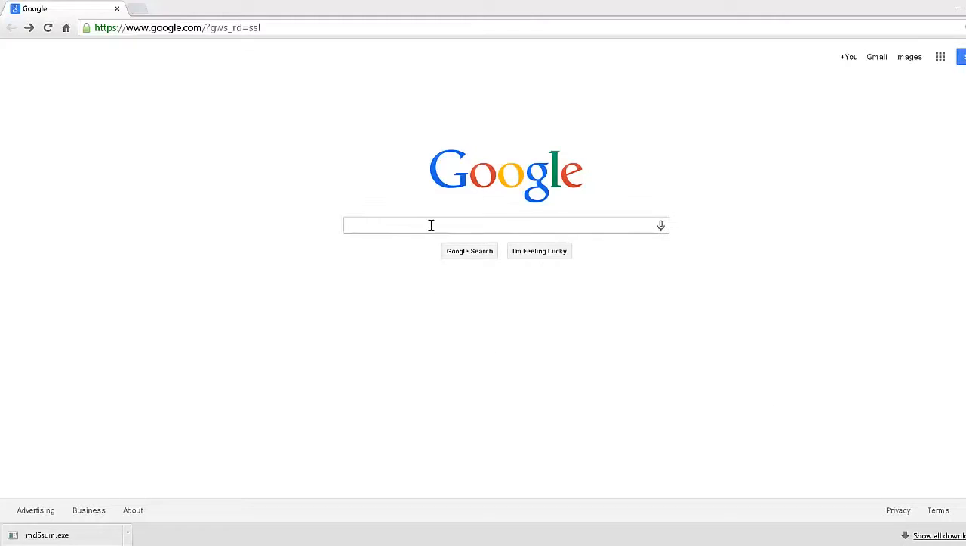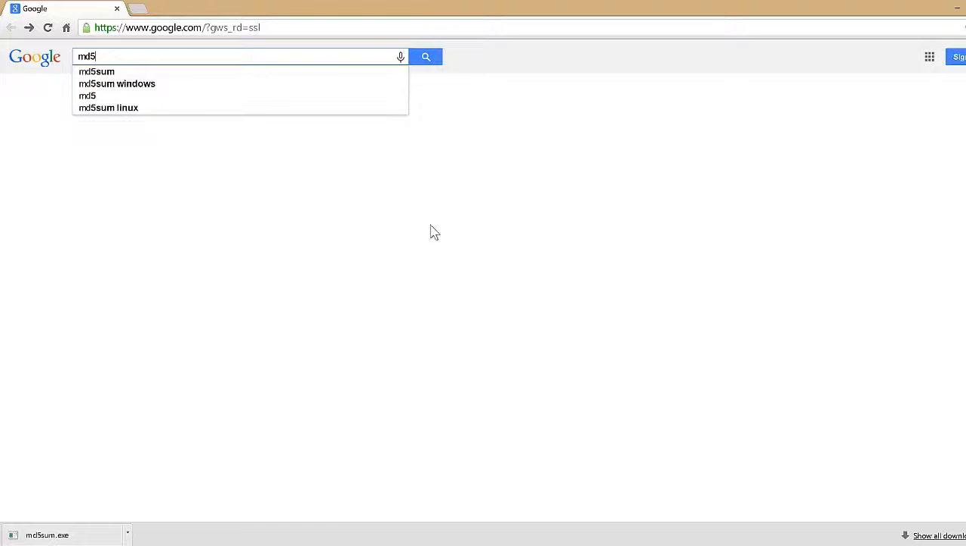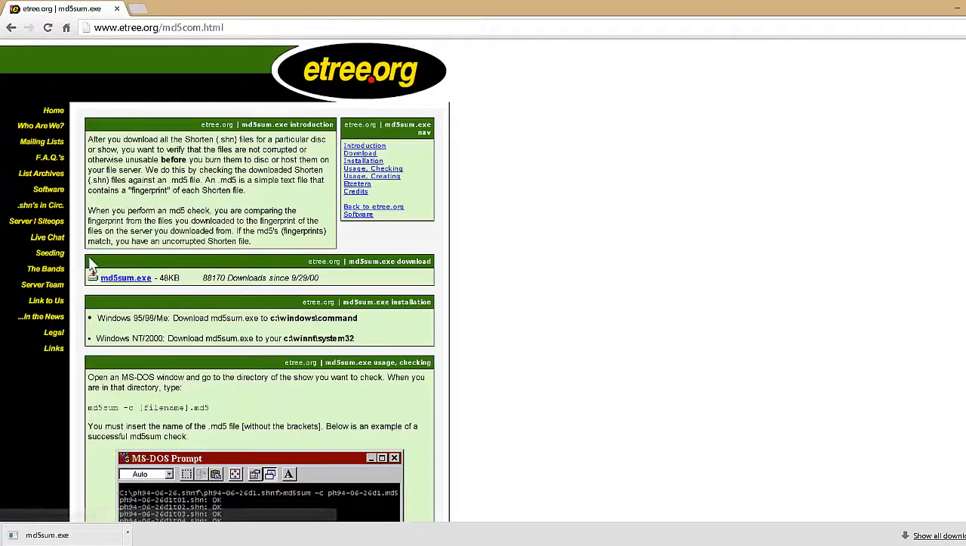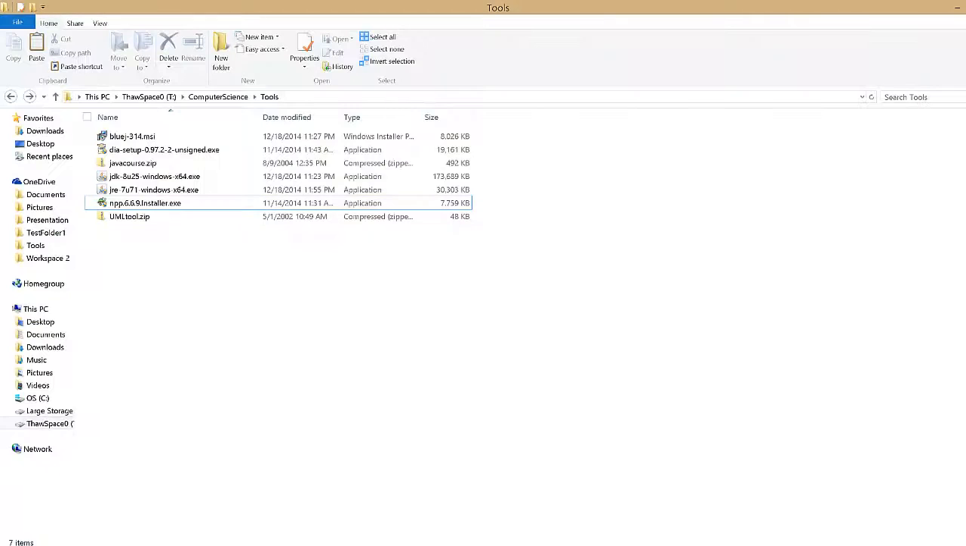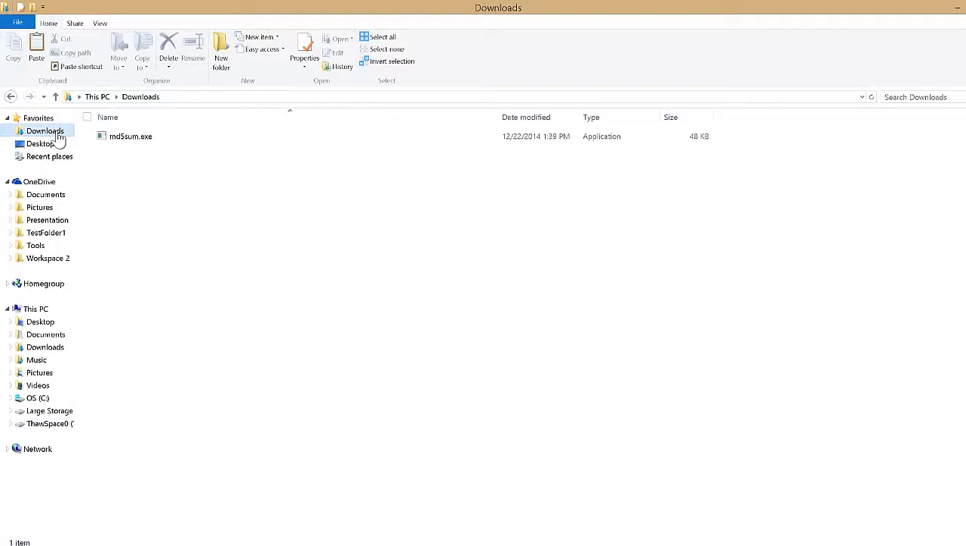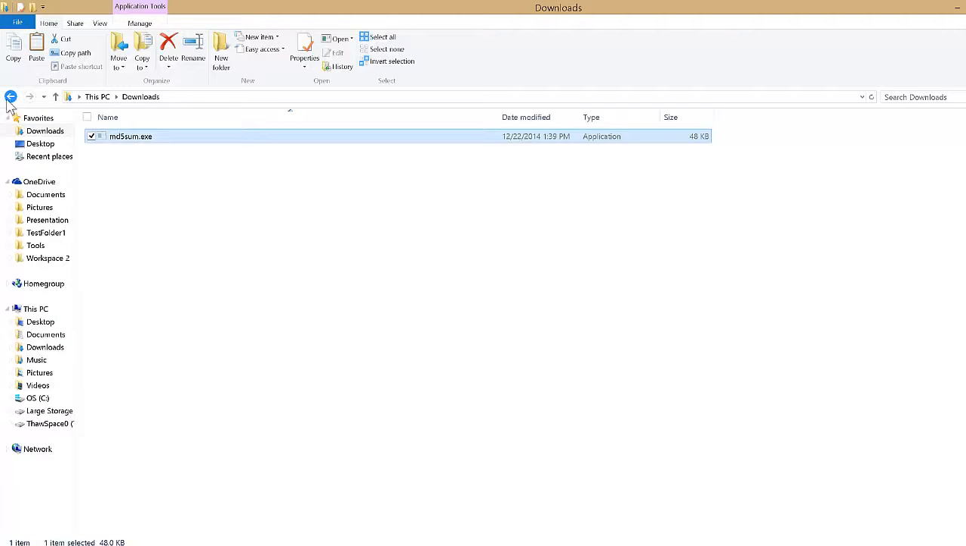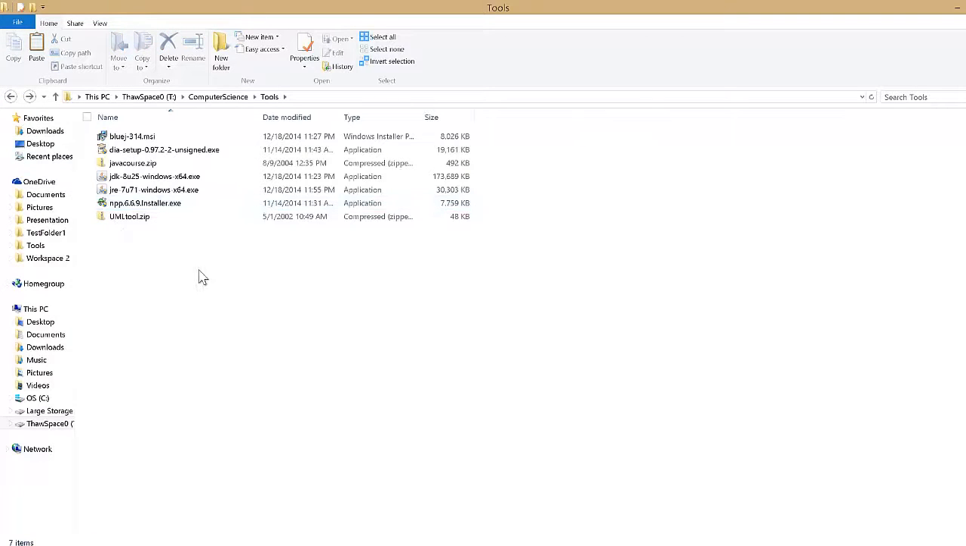In this presentation, I want to talk about the environmental path variable. In order to practice that, let's download an executable from the internet, in this case MD5Sum. It's a simple executable, doesn't need to be installed. So we can play with this one executable file. If I copy this executable file into a directory, in our case just a tools directory,